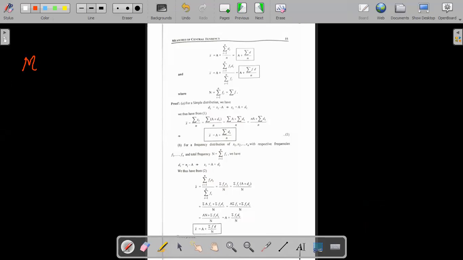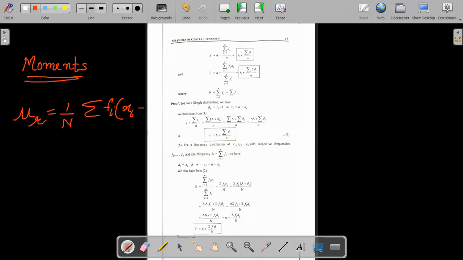So you see, बेटा प्लीज, जब मैं बोल रही हूँ moments, जैसे ही मैंने बोला moments, आपके दिमाग में कौन सा रिलेशन आना चाहिए? आपके दिमाग में ये रिलेशन आना चाहिए, mu r. So mu r is what? If you remember, this was 1 by n summation fi xi minus x bar to the power r. यही था बेटा? Yes, ma'am. This is what? This is rth moment